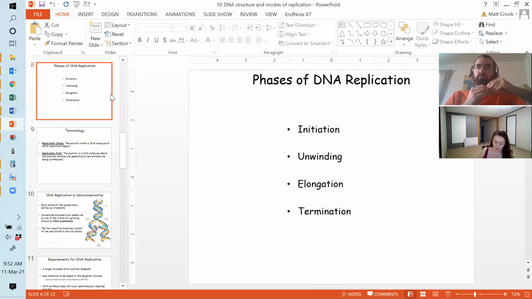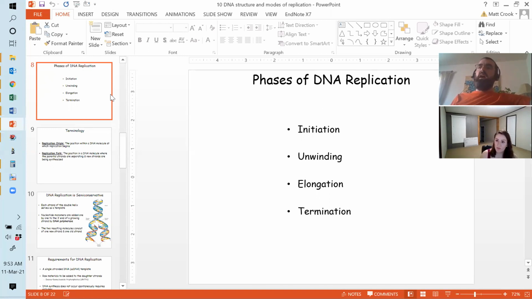So generally speaking, in an awful lot of molecular biology and molecular genetics, you have 2 general themes. One, we have a series of events. It's like a story. There's a beginning, there's a middle, and there's an end. And that applies for pretty much everything that we're going to be talking about. So you have to start the process, you have to do whatever it is that you're going to be doing, and you have to stop,